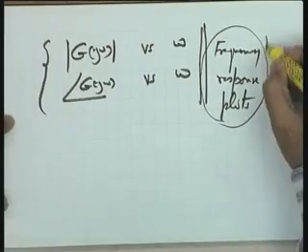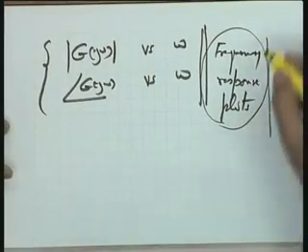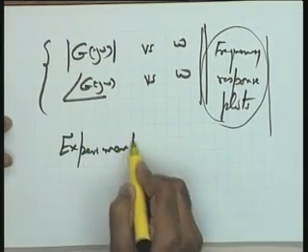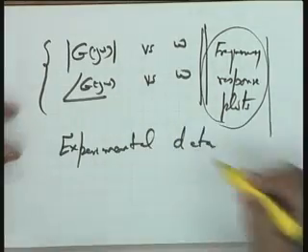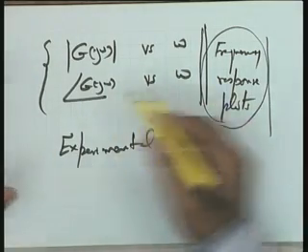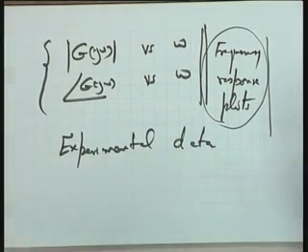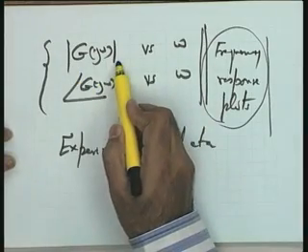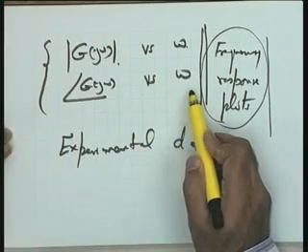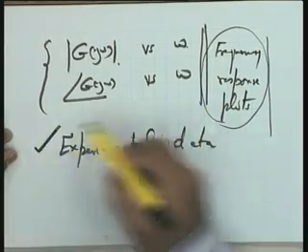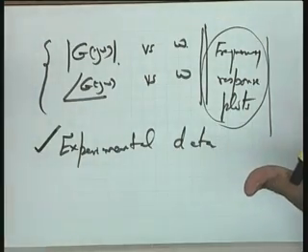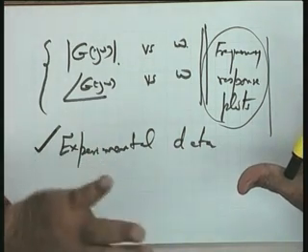And one more thing: as far as the frequency response plot is concerned, experimentally it is so easy to obtain the data. Suppose the mathematical model is not available to you, G is not available to you. What you finally want in terms of control system analysis and design is the magnitude of the amplitude ratio versus omega and the angle of the amplitude ratio versus omega. This is what you need. So this you can easily obtain experimentally on a given system. If the hardware is given to you, but the mathematical model is not known to you, you cannot proceed with the root locus method.